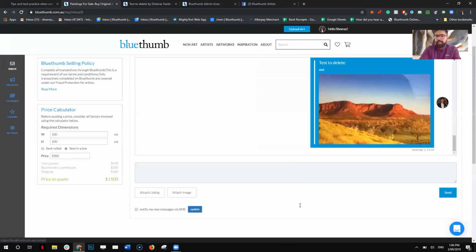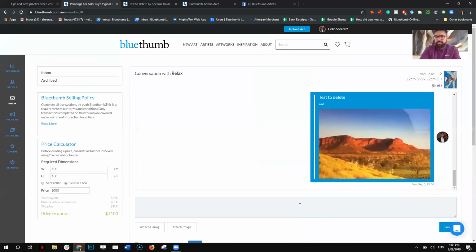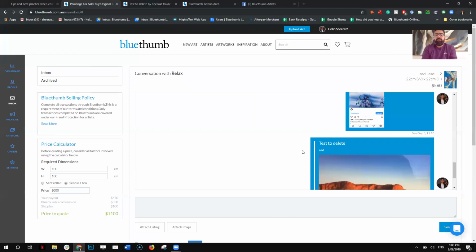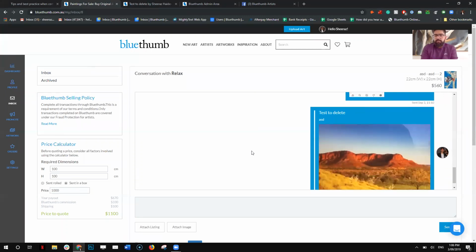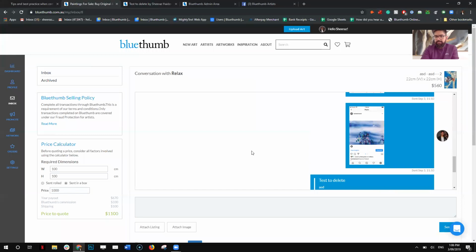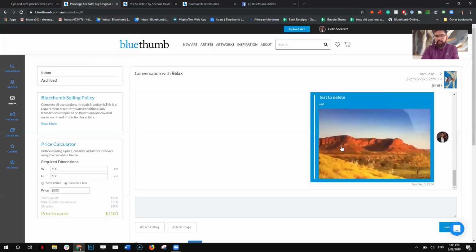Now, the way it works is, there are two components to it. There's a chat feature. So if they are online as well and you're sending messages, they can see it immediately. And then there's an email factor as well. So say, for example, I've sent this message right now. The way we've designed it, it takes 5 minutes. It gives 5 minutes for you to send all the messages, and then it sends one email, and it combines